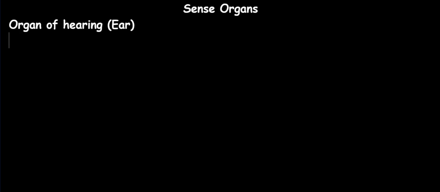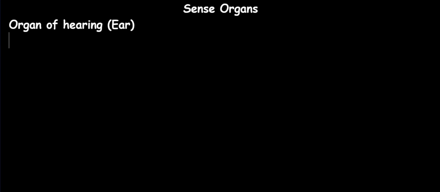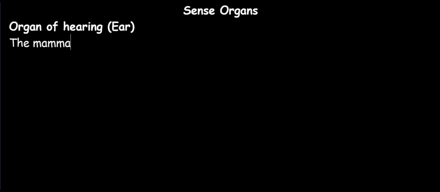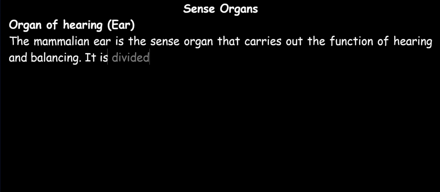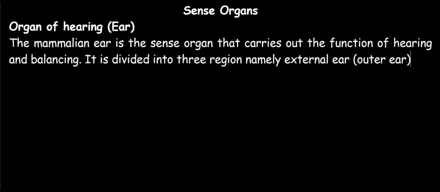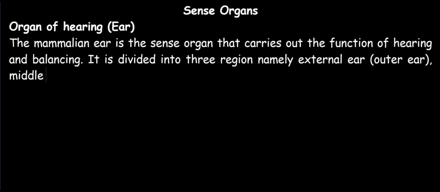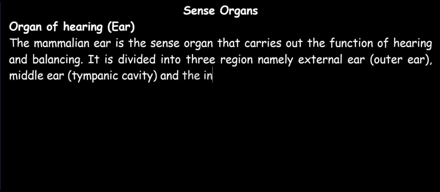In this video, we'll be looking at sense organs, and we'll be taking the organ of hearing, which is the ear. By way of introduction, the mammalian ear is a sense organ that carries out the function of hearing and balancing. It is divided into three regions, namely the external ear, which is also known as the outer ear, the middle ear, which is also known as the tympanic cavity, and the inner ear, also known as the